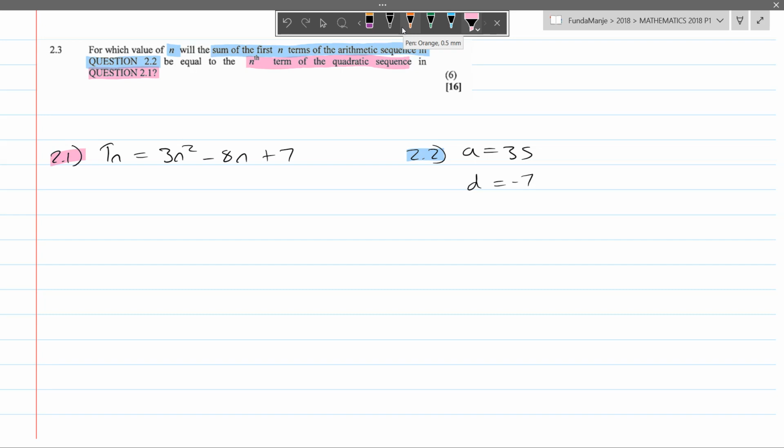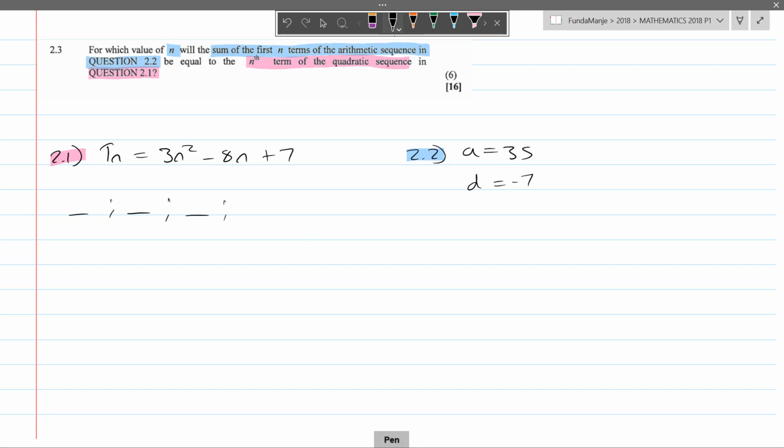So we are looking for a certain position where there's a certain value within the progression of this sequence, the quadratic sequence, that at some point